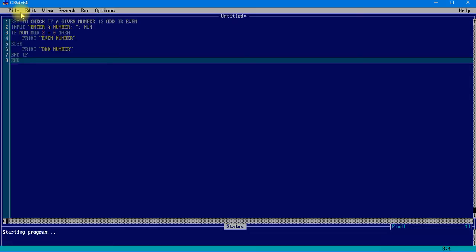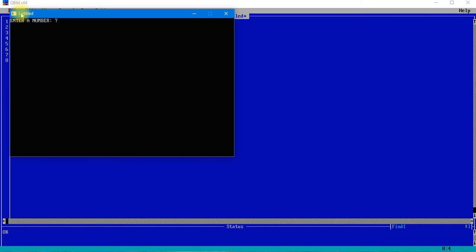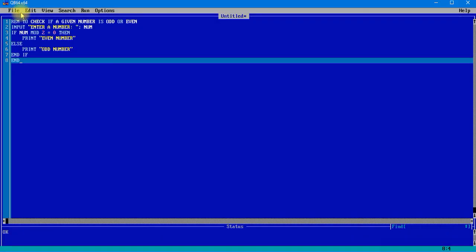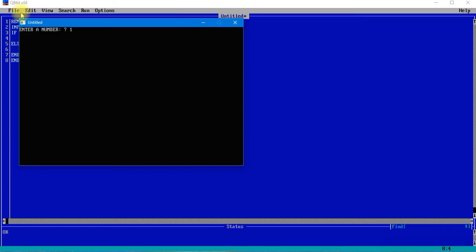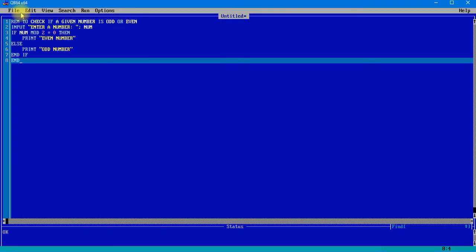We'll run the program twice to see two different kinds of output. So first of all I'll give 5, and it is showing odd number. Then again I am running the program, I will give 10, and it is showing even number. So our program is working perfectly. This is a program to check whether a given number is odd or even. Please pause the video and write down this program in your copy.